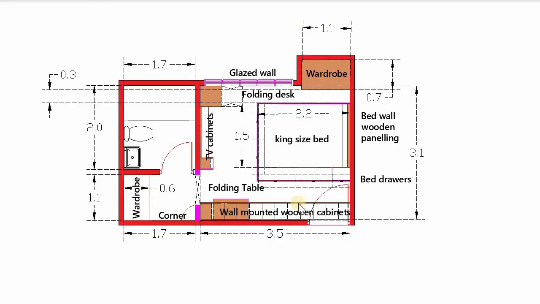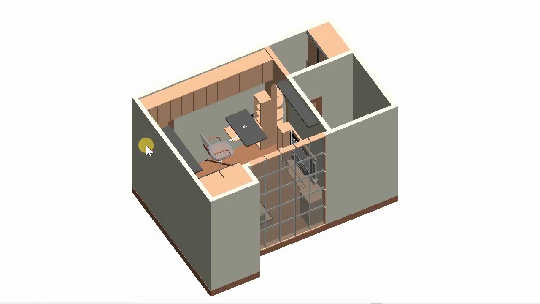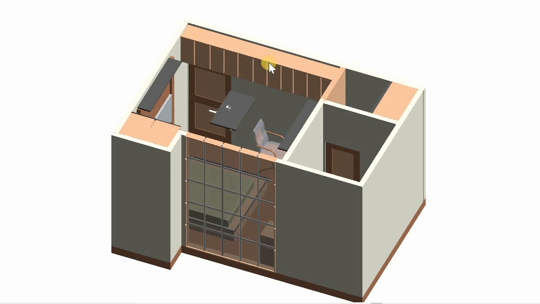The next space designed for storage is this wall. In this case the storage has been designed in the form of wall mounted wooden cabinets. This entire set of wooden cabinets has been designed on the front wall of the bedroom, covering the entire wall so that we don't waste the airspace of the